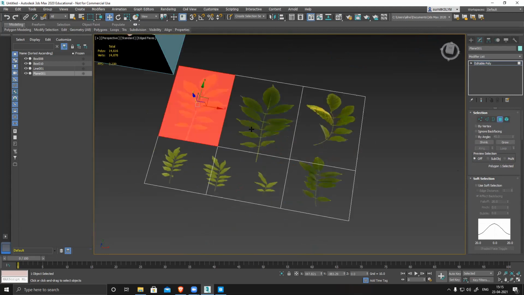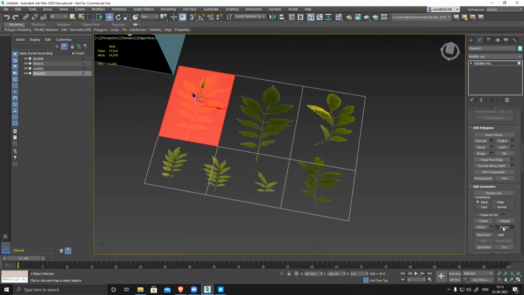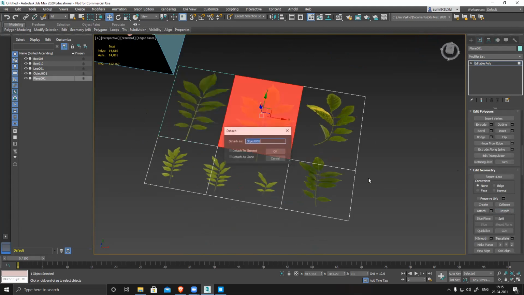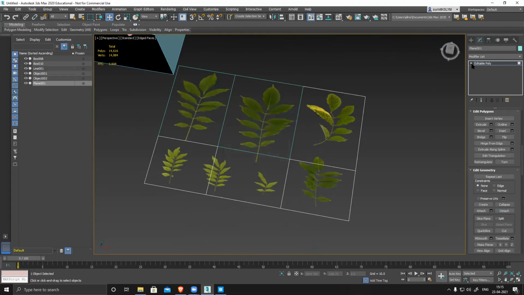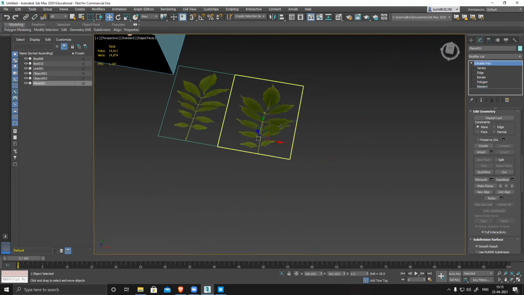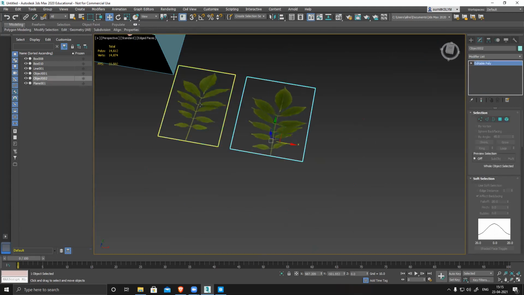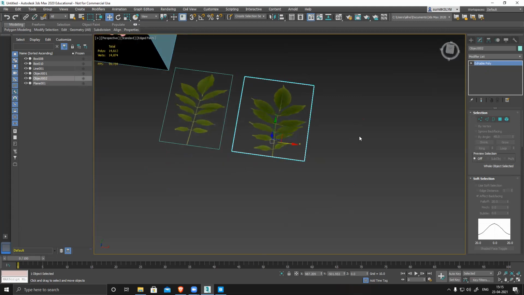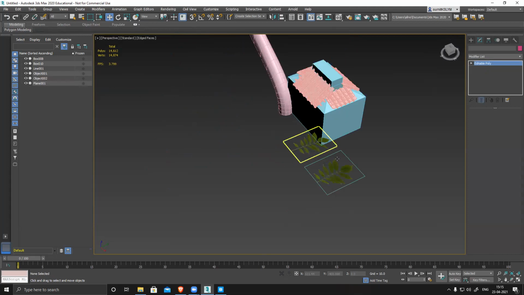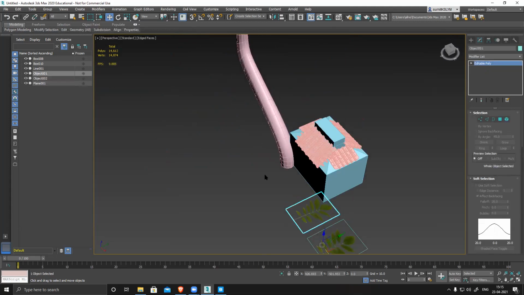Face, I select and detach. Select this, detach. I'm going to show this on only two of them. The rest I delete, so that you will understand. So I have two different planes. See clearly, two different planes now, and we have this texture. So I want to create all those leaves and branch and everything.